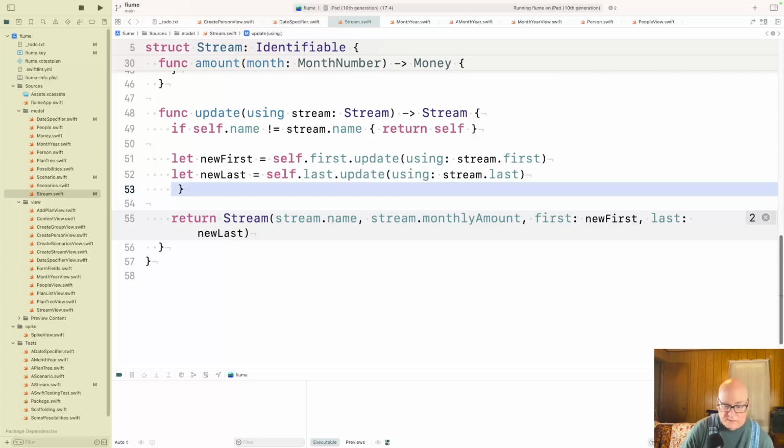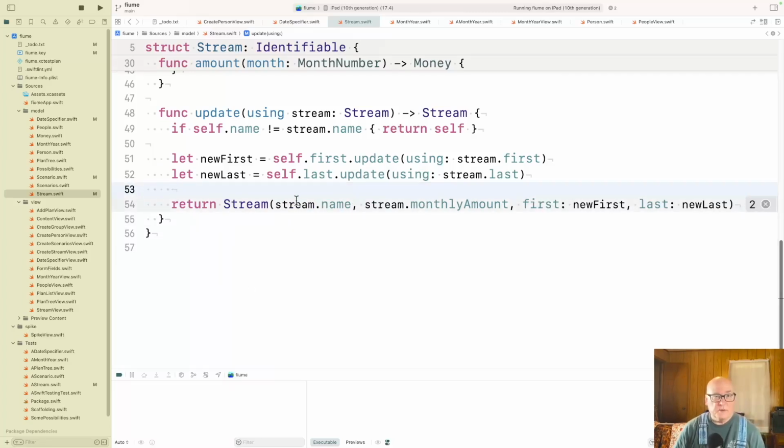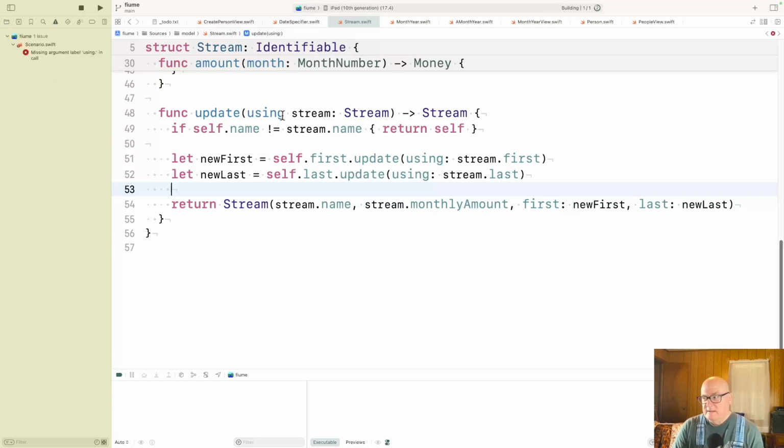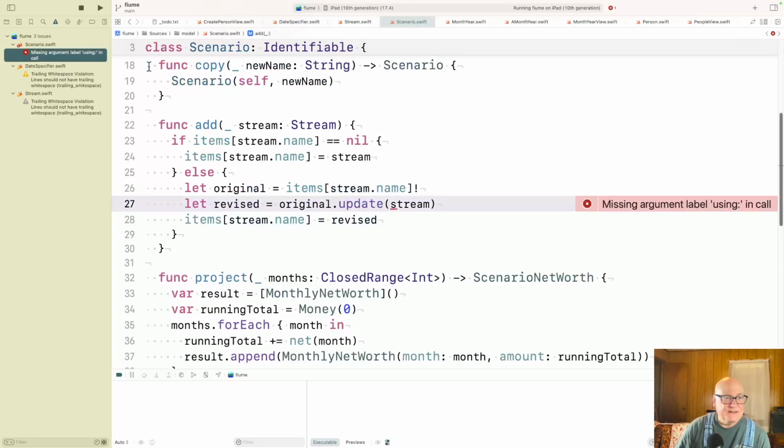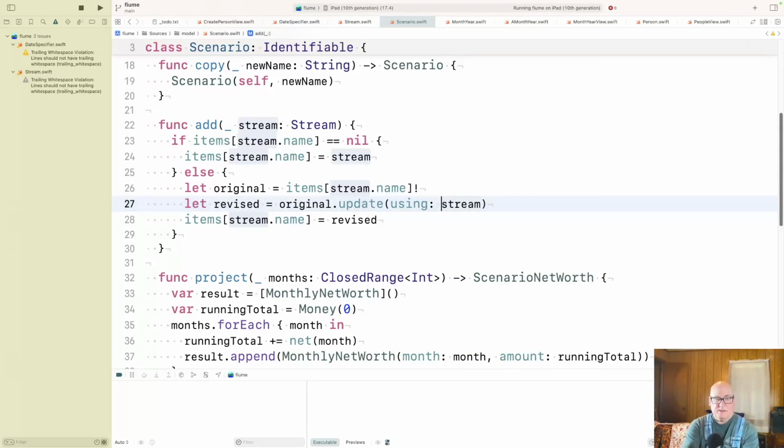Now, there are callers who are not using the word using. That's confusing. I miss IntelliJ's nice job on these things. Okay, revised equals original dot update using stream. According to override by.